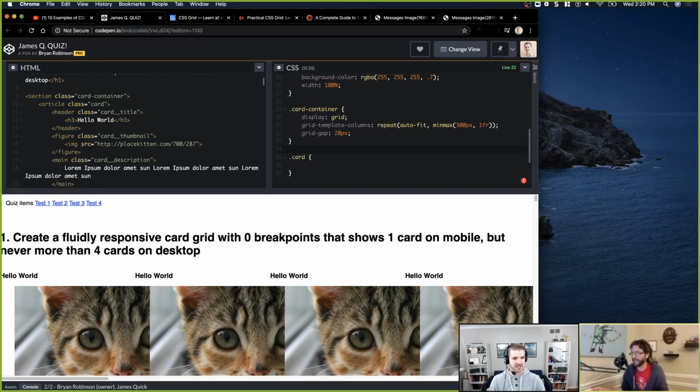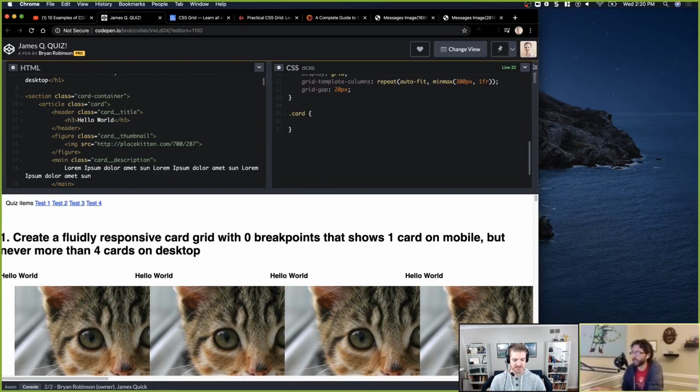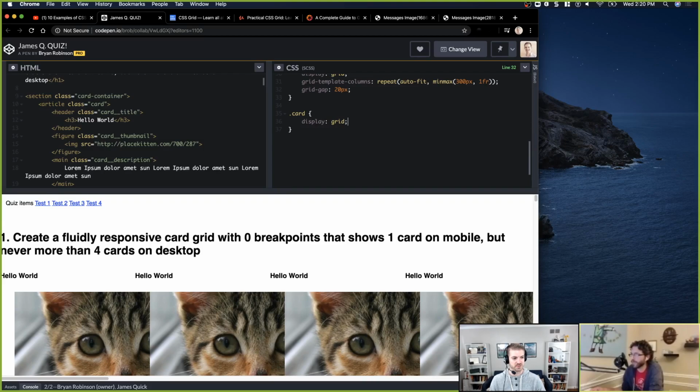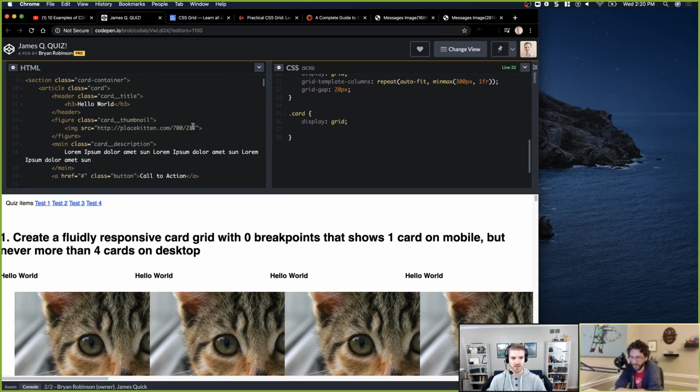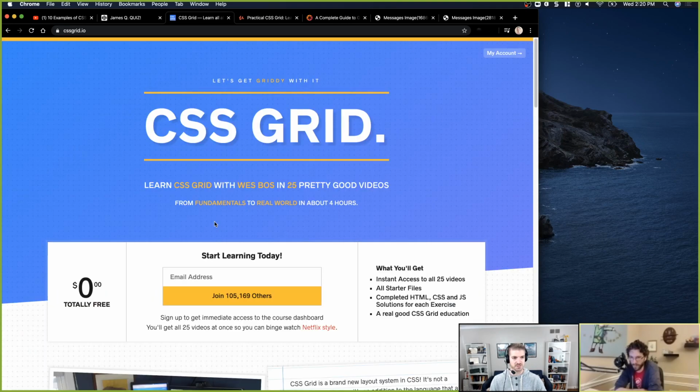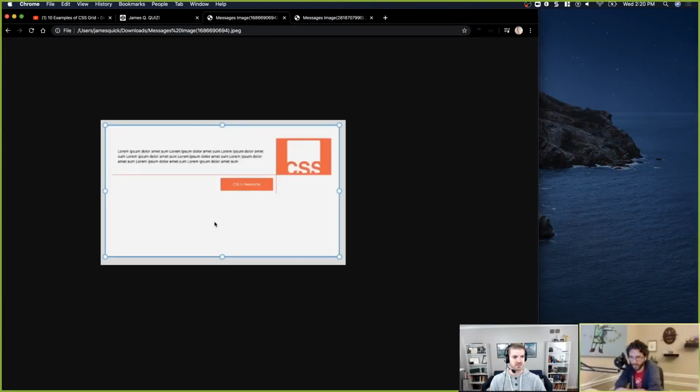All right, let's grab a card. This is the kind of stuff that honestly I'm not confident with. I've written that one line of code earlier with the grid template columns enough, but aligning stuff into a card is actually not something I'm super confident with. We've got the card title, thumbnail, and description. Which order did you have these in? I'm going to close these out for this one. So you still have them title, image, cool.